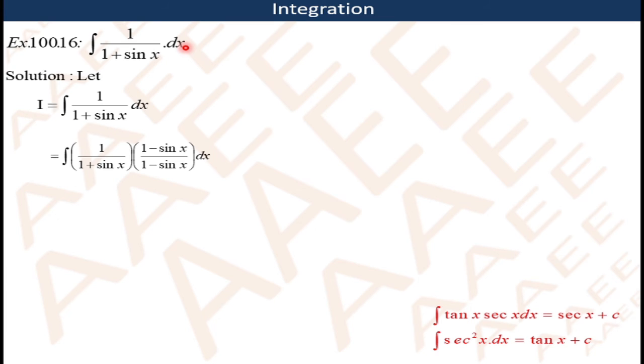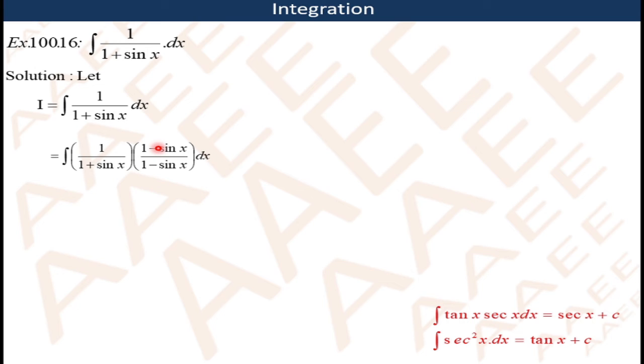In the next term, we are going to use these two formulas of integration. One is integration of tan of x into sec of x dx is equal to sec of x plus c, and integration of sec square x dx is equal to tan of x plus c. And the first term, integration of 1 upon 1 plus sin of x dx. Let us take integration of 1 upon 1 plus sin of x dx,